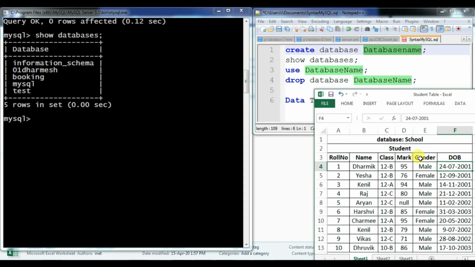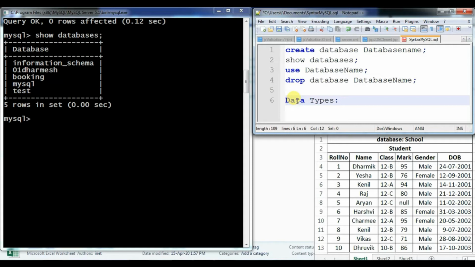This means that to store any kind of these values, we have to use the data types that are already there in MySQL. Suppose you want to store any kind of numeric value, then you can go with the int data type. What is int? That is the integer format. But one limitation is there. Suppose you have a value that is more than 214 crore 74 lakh 83,647.